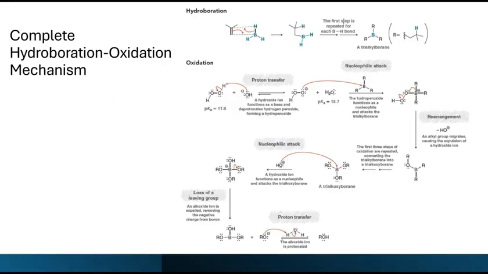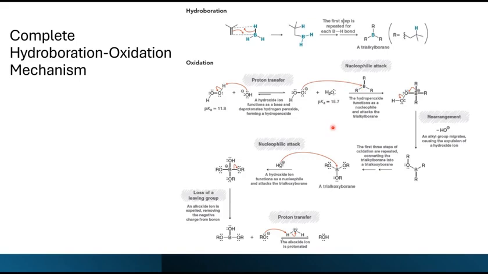Complete hydroboration oxidation mechanism. Here we have the addition of the 3 R groups to the boron center, the trialkylborane. The oxidation step is going to be formed whenever we have hydrogen peroxide and a hydroxide. Those two will undergo a reaction that will result in a deprotonated form of hydroperoxide and water. This O here with a negative formal charge will attack the boron center of our trialkylborane because we have that